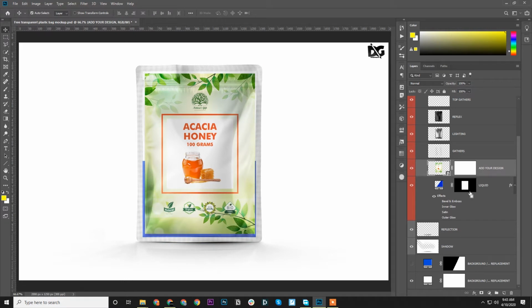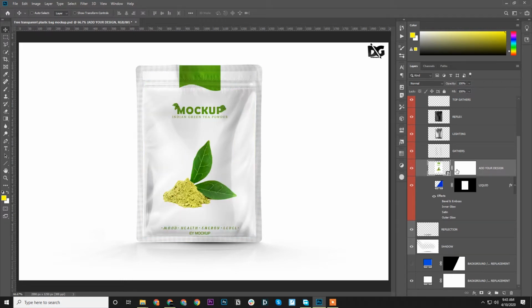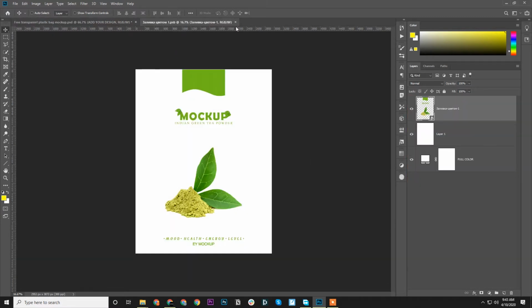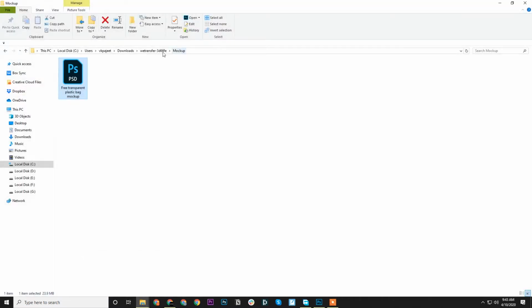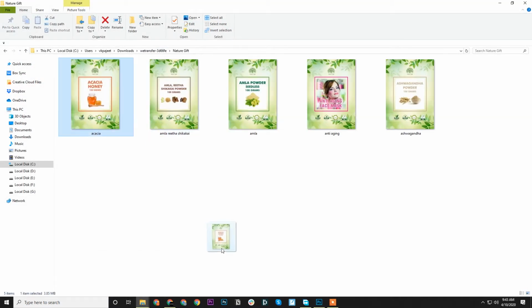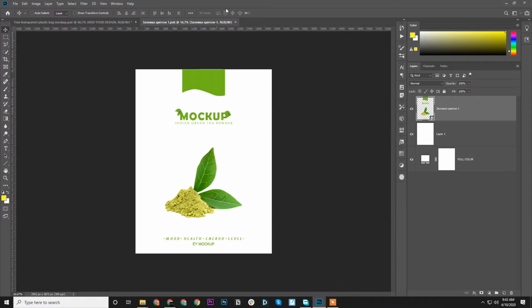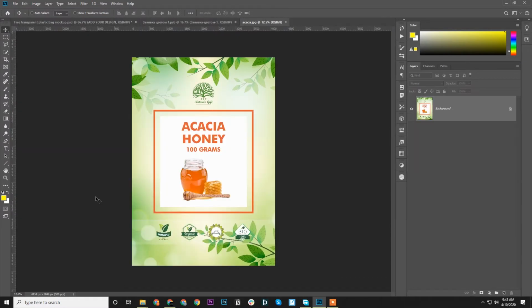So let us get back. Let me double click this one. If we double click this smart object layer, it opens up the PSB layer. And if we open this one, perhaps you can see the difference in size.